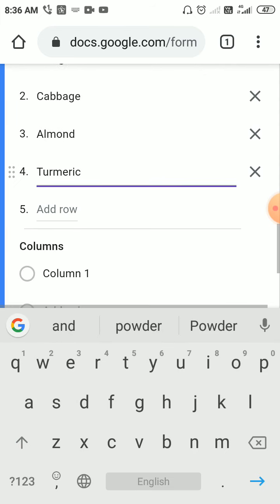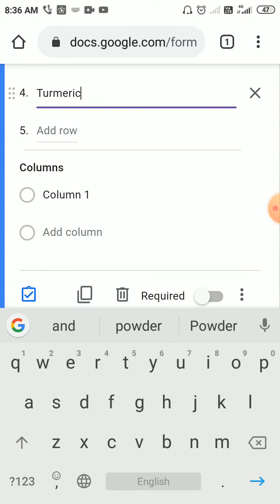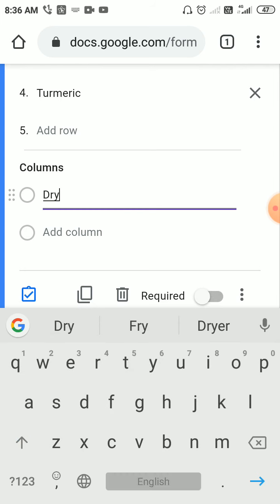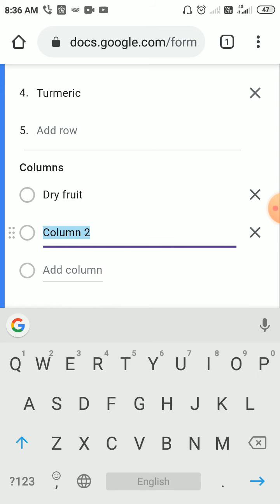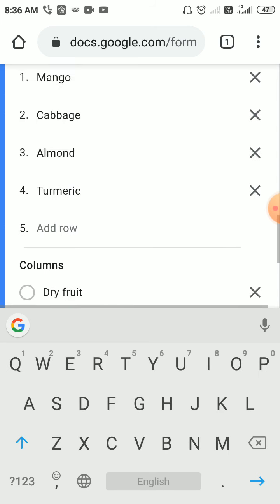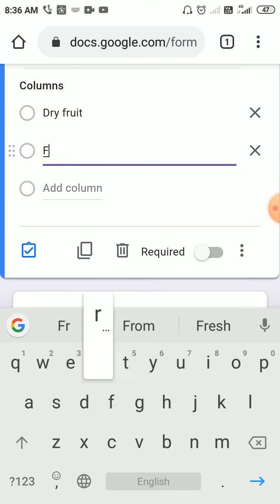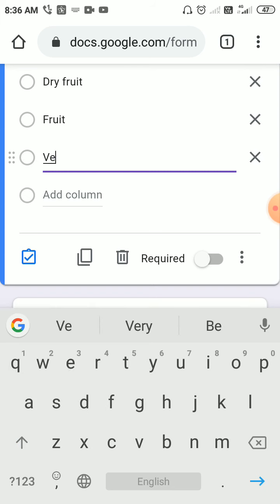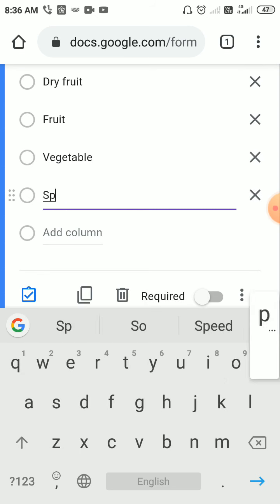So this is the first row. Now in the columns, I want to type, let's say, dry fruit. Second, fruit. Third, vegetable, and the fourth, spices.